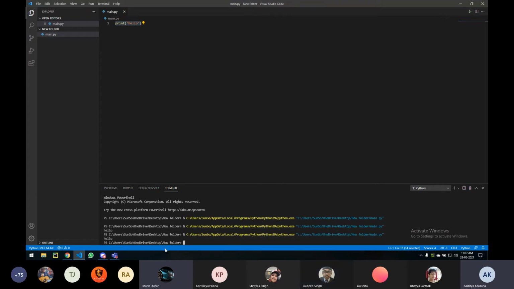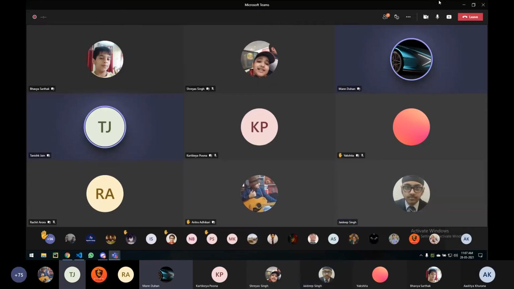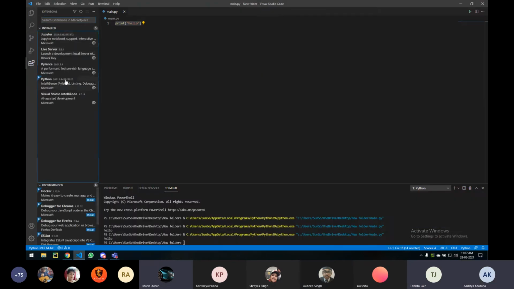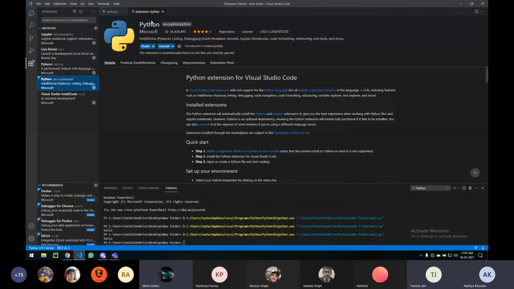When you run, this window will open. But it's not showing an option to run like it's showing on your screen. Have you installed the Python library? Yeah, it's installed. I can write everything, but the run option is not there. Have you reloaded VS Code? Oh, we have to reload it. Yeah.